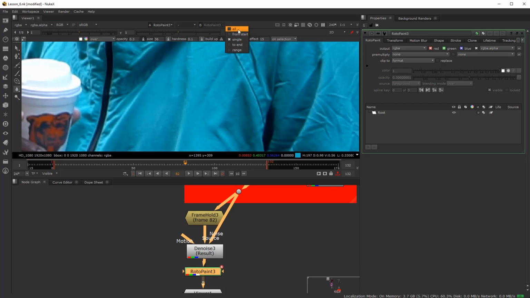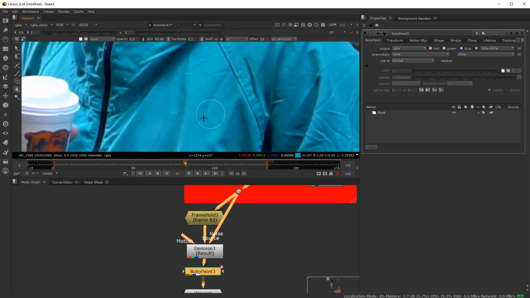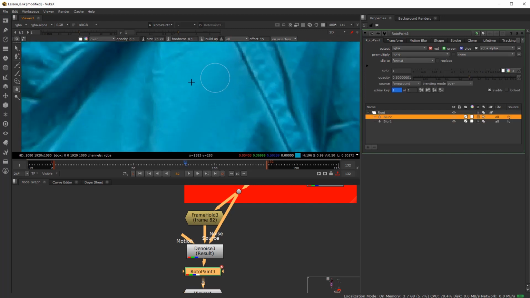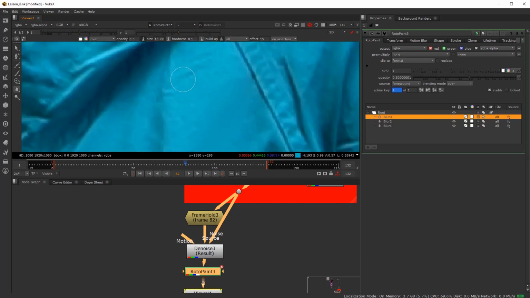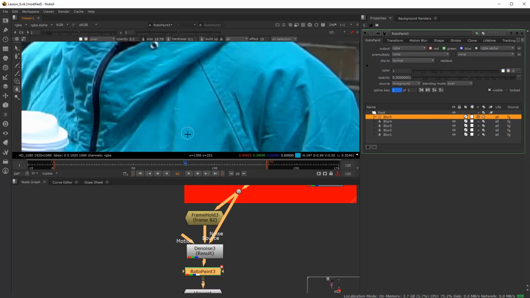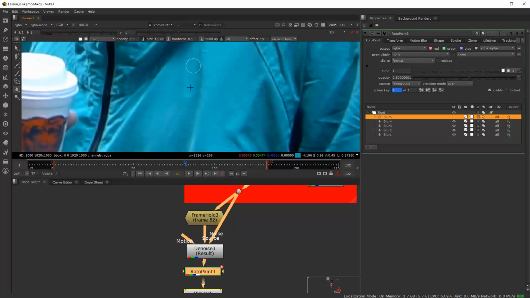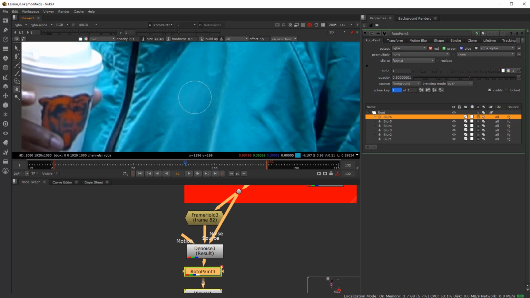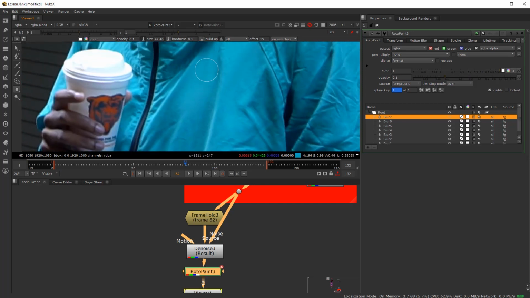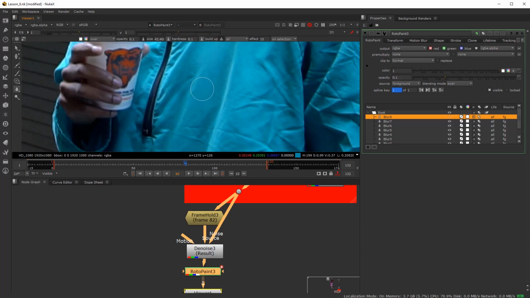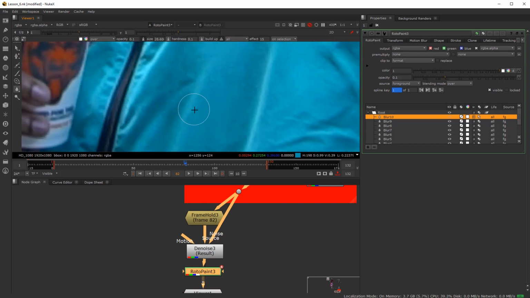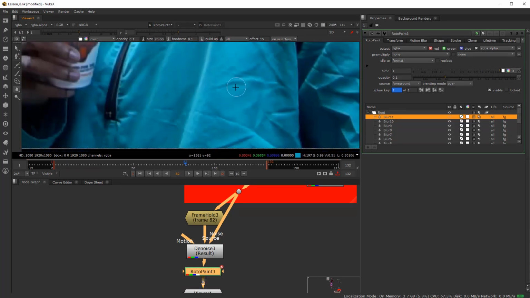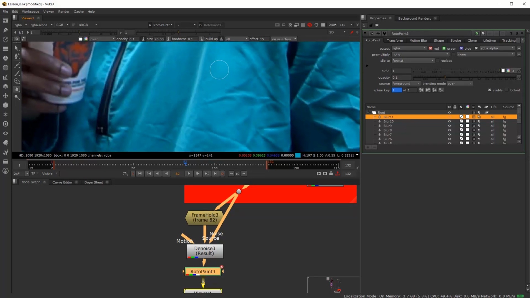So I'm going to set this to all frames so I can get ahead of myself here. And I'm going to get rid of these details like right here. I'm going to be very careful not to hit these large macro-based details, the very large folds that obviously are real. I'll put my opacity down to like 1 here. I'm going to try to just be very gentle with this and stay away from the big folds. I'm going to have to reintroduce grain just like we did before. But I'm going to try to get rid of these micro detail-based